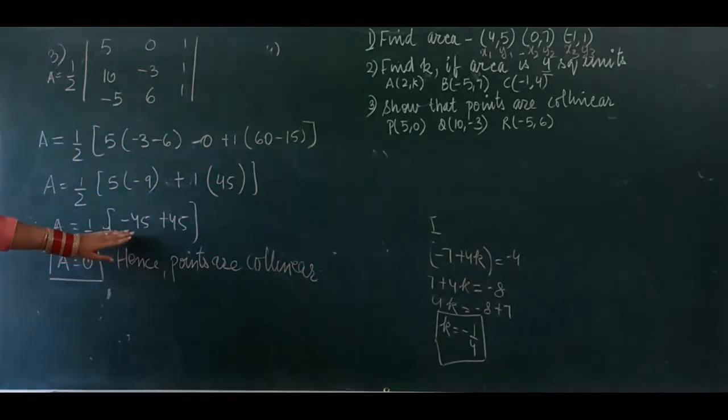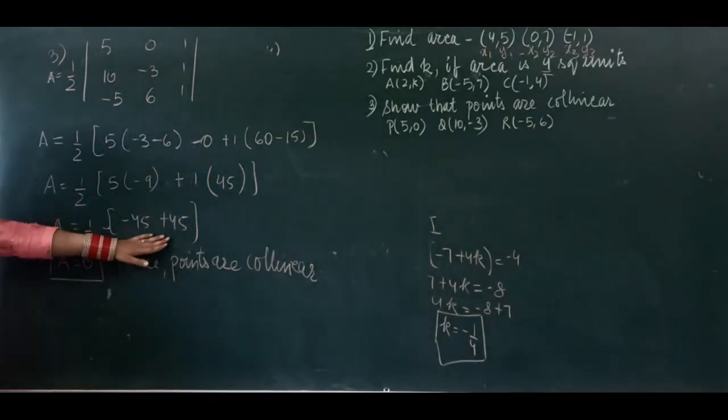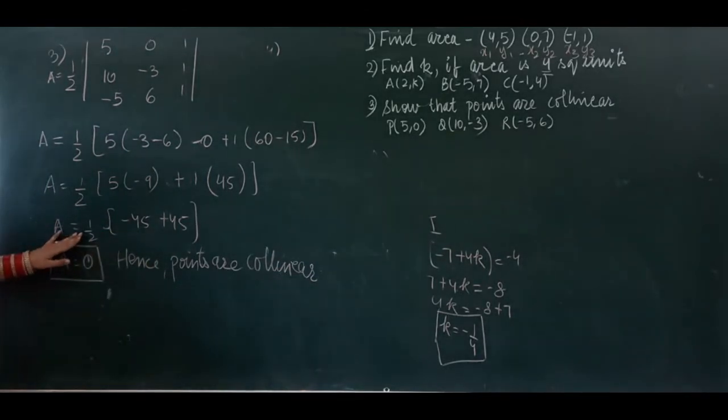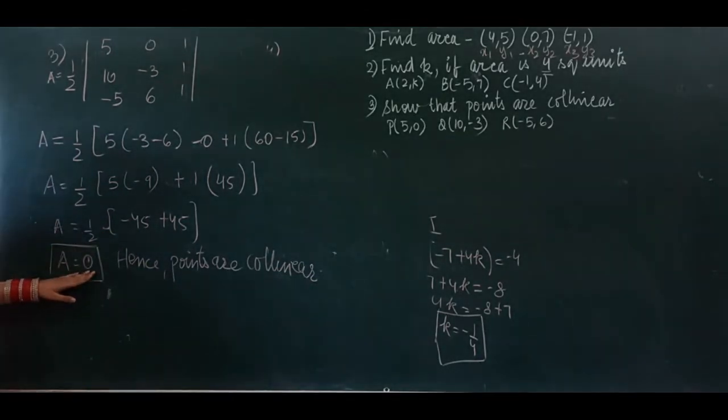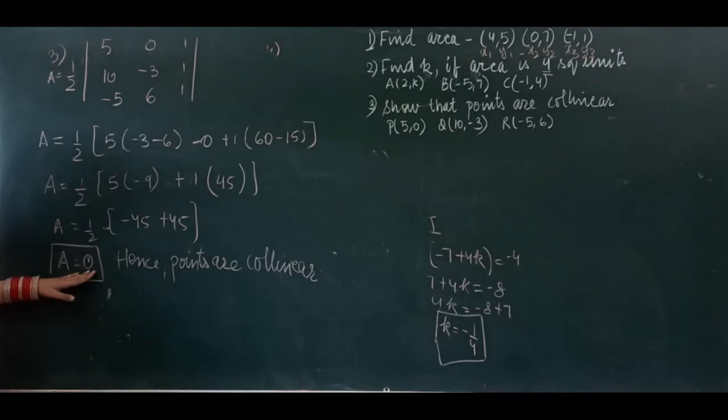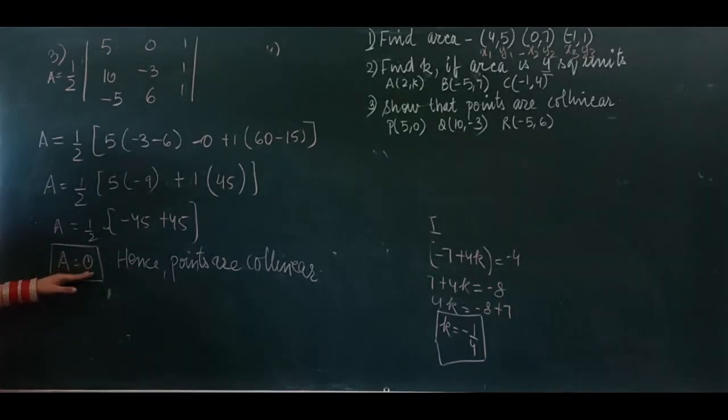So here you can see minus 45 plus 45 will be 0, and if we multiply half with it, it comes out to be 0 square units only, and we know that if the area is 0